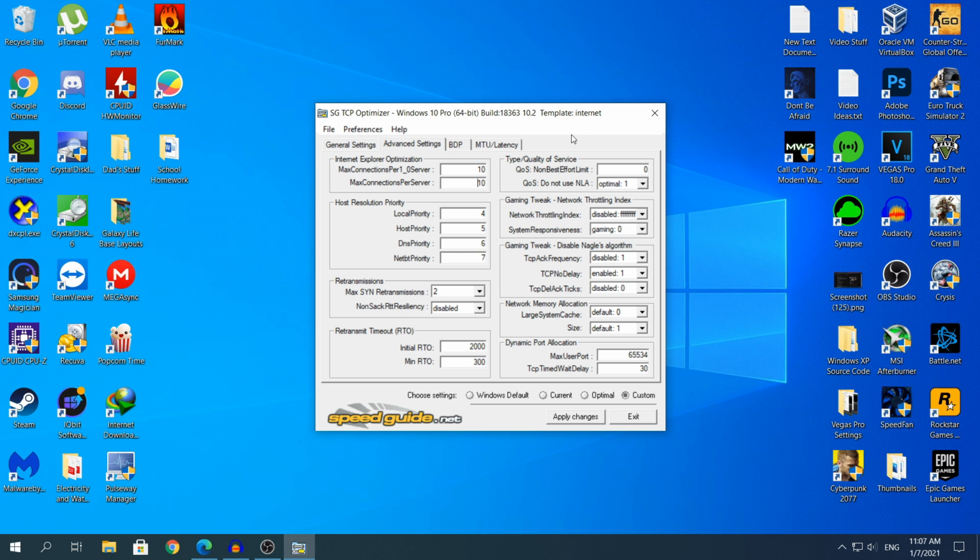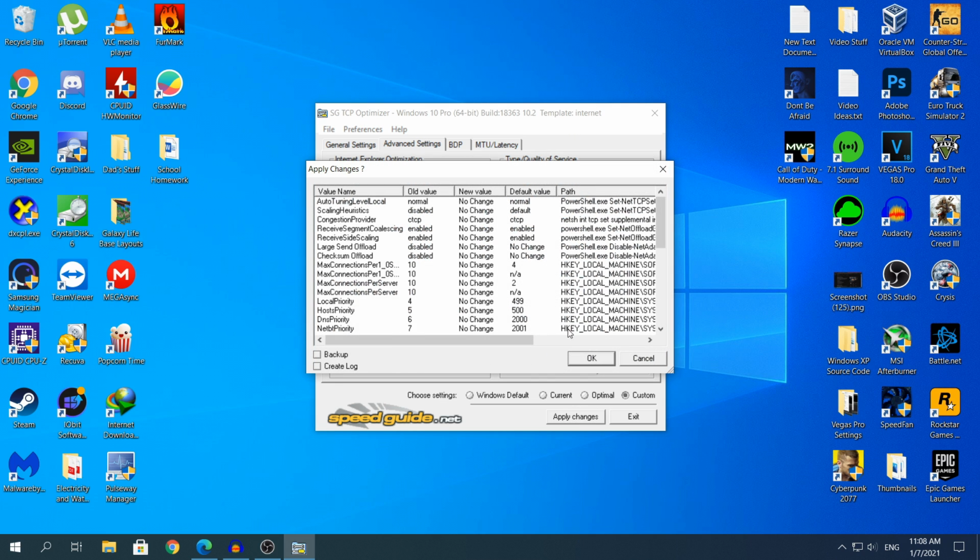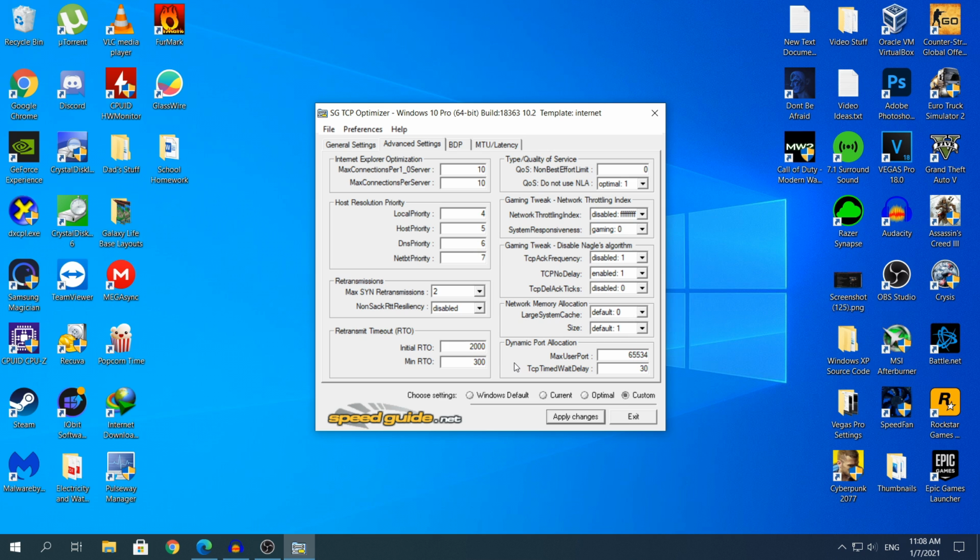Once you have copied all the settings, you need to click apply changes, and once you click apply changes, you need to click OK to apply those settings. I have already done them, so there is no need to change. If you want to go back to the default settings, you can, of course, where it says choose settings, choose the one that says Windows default, and then it's going to apply them to the default settings